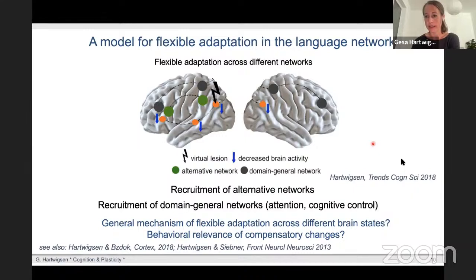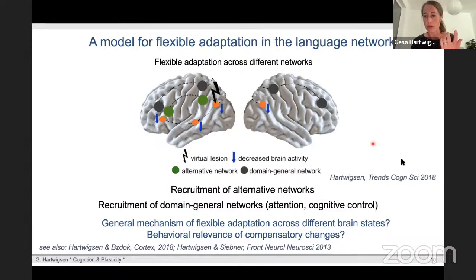The studies that I used to inform my model showed increases in the BOLD signal in the right hemisphere, so in the homologous areas, but we also saw increases in connectivity, so in the influence from the homologous region on the targeted region. We saw in one study that if you disrupt the left IFG prior to a language task, then you get stronger upregulation of the homologous right IFG, and the right IFG also increased its influence on the left IFG, and this increase in the influence was facilitatory. So we modeled this with dynamic causal modeling.